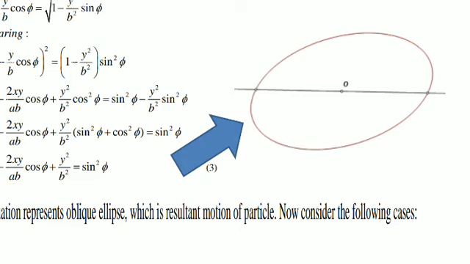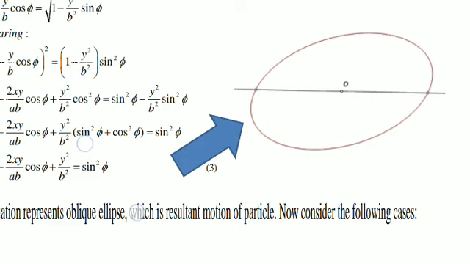If you have studied the different equations of circles, ellipse, hyperbola, etc., then you will understand that this is the equation of a general ellipse, or oblique ellipse. Oblique means it is inclined at some angle to the x and y axes. I have already drawn the structure of this particular equation, so you will be getting the equation of an oblique ellipse.